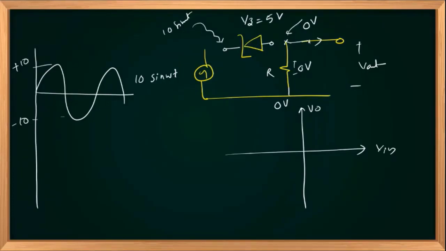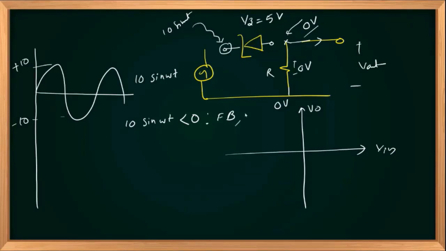So if 10 sin omega t or V in is less than 0, your diode is forward biased because cathode is less positive than anode, because anode side is positive 0 volts and cathode is negative. So anode to cathode is positive, diode is forward biased. Acts as a short circuit,